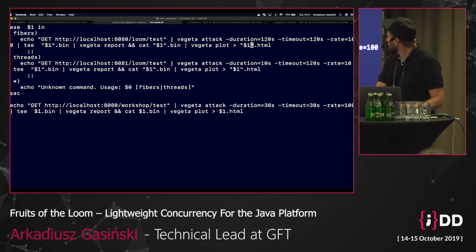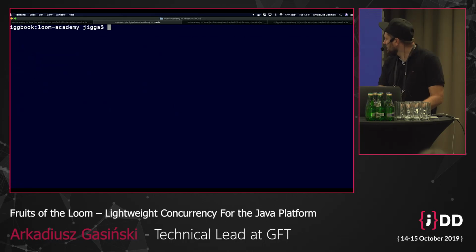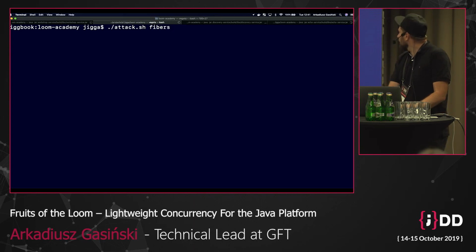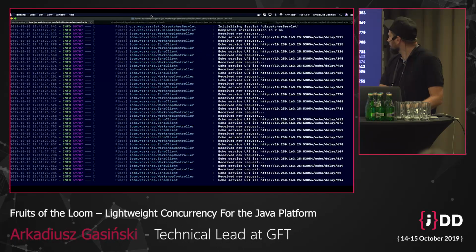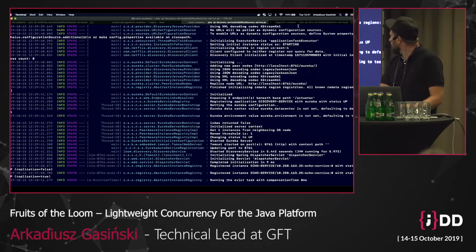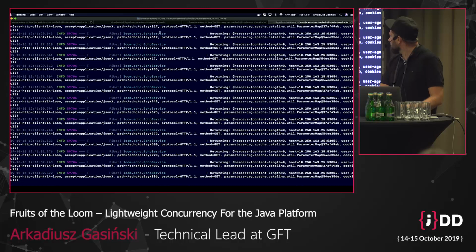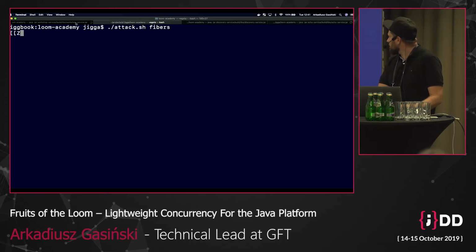Tomcat, and I'll actually have to modify this a bit because the rate is too high. We don't want 1,000 requests per second because this service actually employs 2 threads to process incoming traffic. This was easier to actually show. So how we call it, and we should actually get some requests. We can see them, and we should see some of them here as well. So that should actually work.